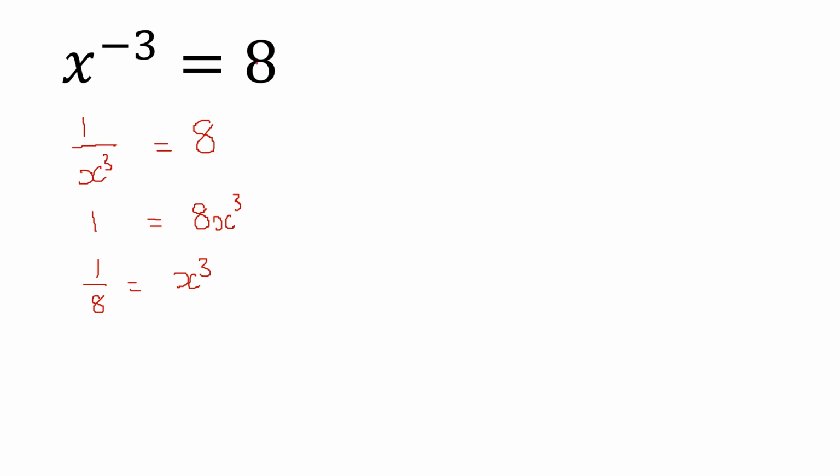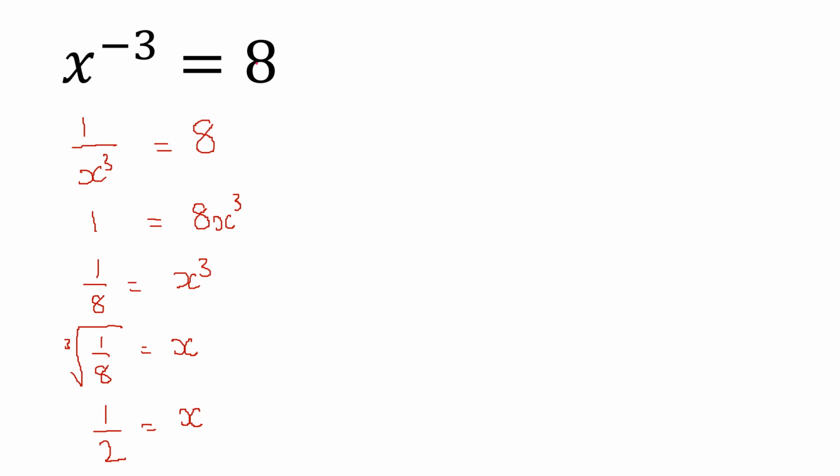And then x is currently being cubed, so we do the cube root on both sides, so the cube root of an 8th is equal to x. And then we can simplify on the left hand side, because the cube root of 1 is 1, the cube root of 8 is 2, because 2 times 2 is 4, 4 times 2 is 8, is equal